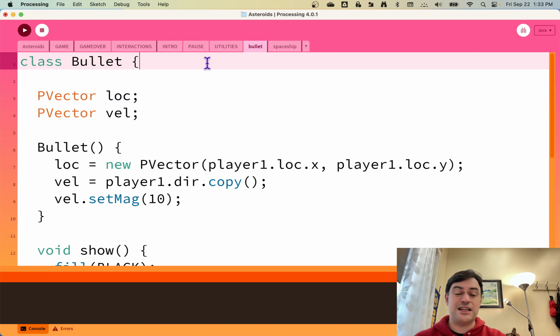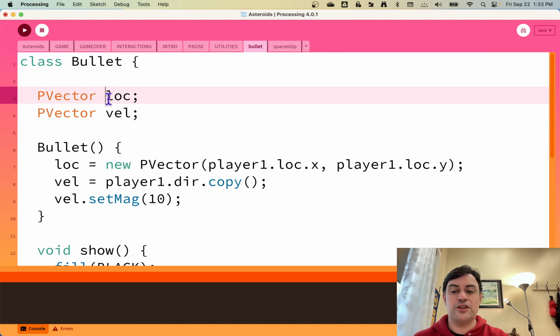So, you know what? I kind of want to make it so that I don't have to program location and velocity every time. I think our asteroids will have that. Our UFO will have that. Everything I'm going to put in this game is going to have locations and velocities and lives. So I would like to make what's called a superclass. It's like a category almost of